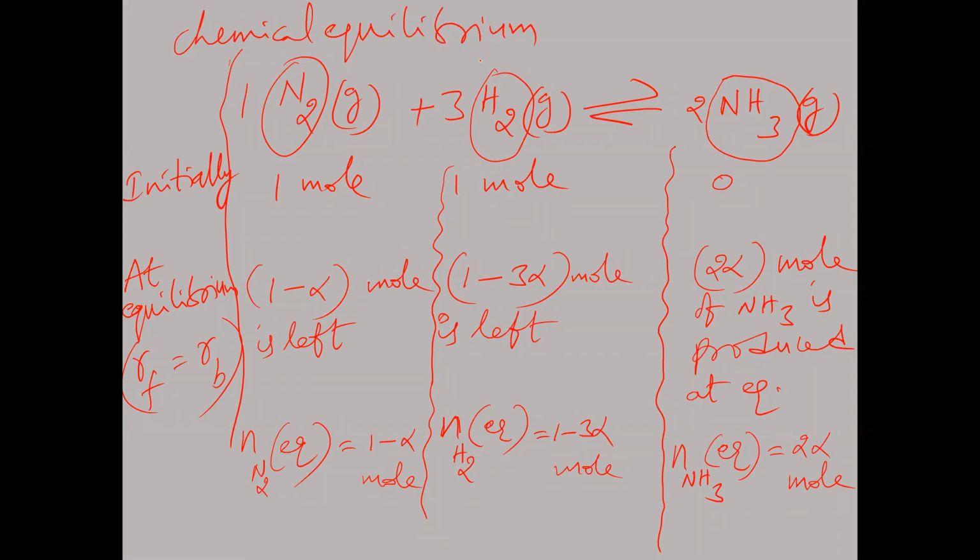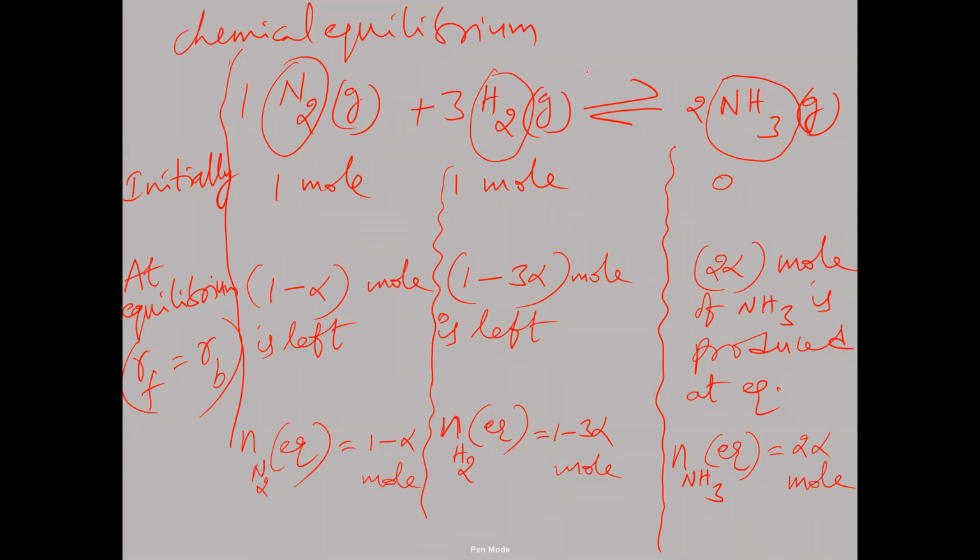In the case of chemical equilibrium, we first have to understand the number of moles of reactants and products at the equilibrium position. From this we can understand the equilibrium constant K in terms of number of moles, in terms of mole fractions, and in terms of pressures, partial pressures. We can calculate all these equilibrium constants if we know the number of moles and the pressure.